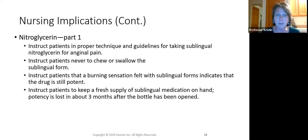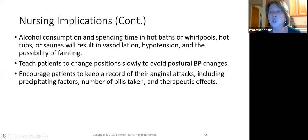medications, because we can become super hypotensive and possibly faint, get hurt, vasodilate out, feel weak, fall. Those are the things we need to be careful about. So if they're on these medications, no alcohol consumption, and really no hot baths, whirlpools, hot tubs, or saunas, or really limit their time in it and make sure someone's with them, because this is what can